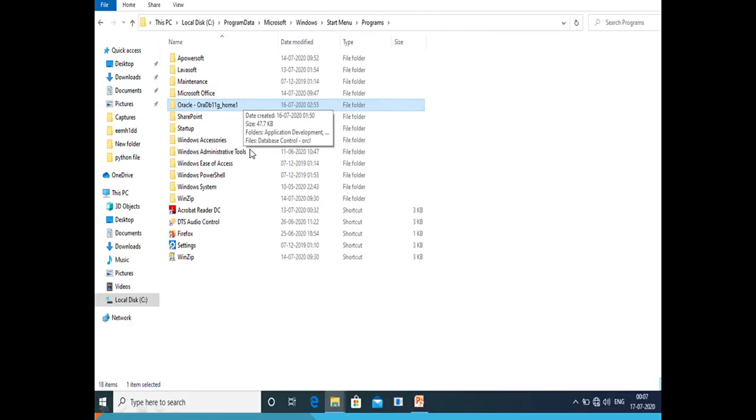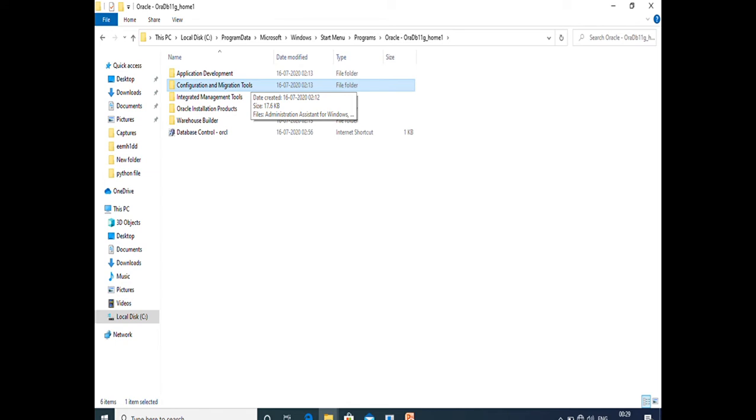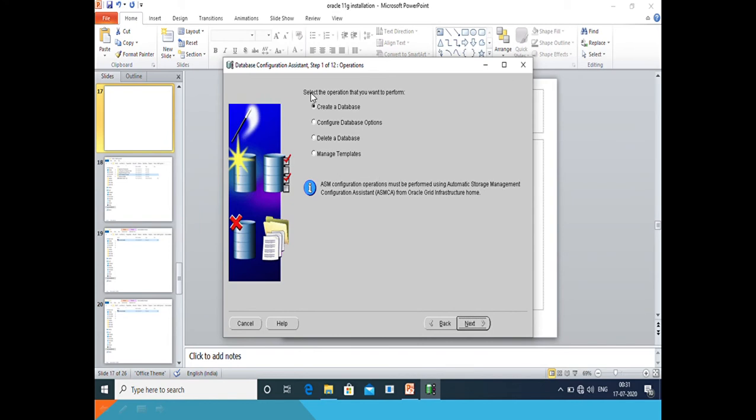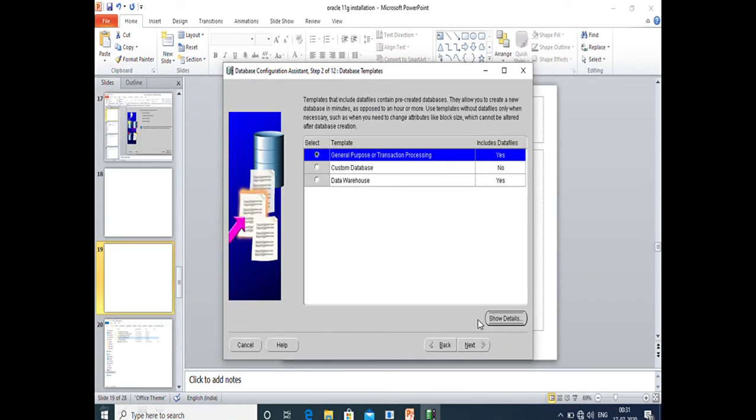Now how to configure a database assistant? Just go again to the installed folder of Oracle, then click on the configuration and migration tools folder. After this page will come, then click on next. Then there are various options. Select the operation that you want to perform: create a database, configure database option, delete a database, manage database. Now there is no database in my system, so I choose create a database, then click on next,